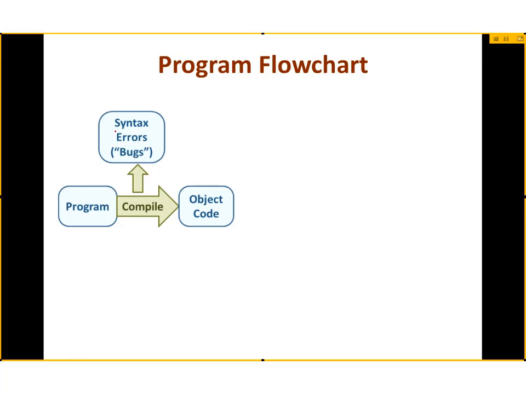During the compile process, the computer will kick that out and tell you that there's an error. And so you'll need to return to the programming stage in order to fix any of your errors, or what we call debug your program, and then compile it again until it compiles successfully. Once you've successfully compiled the object code, the next stage is to do what's called linking, in which that particular